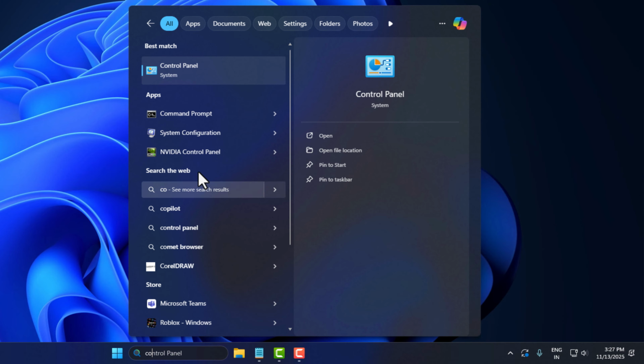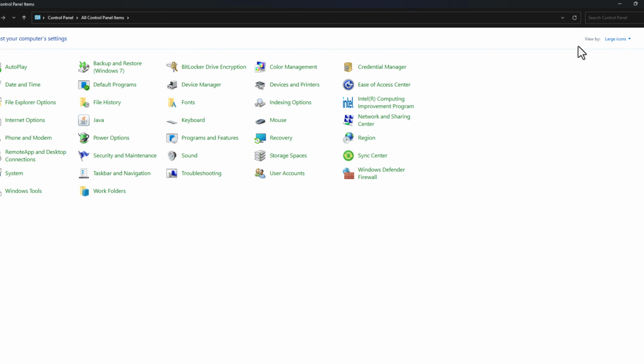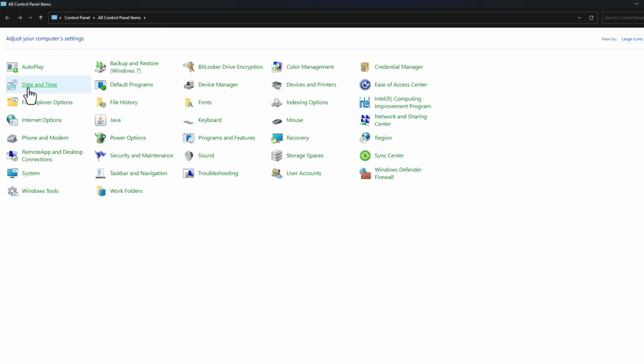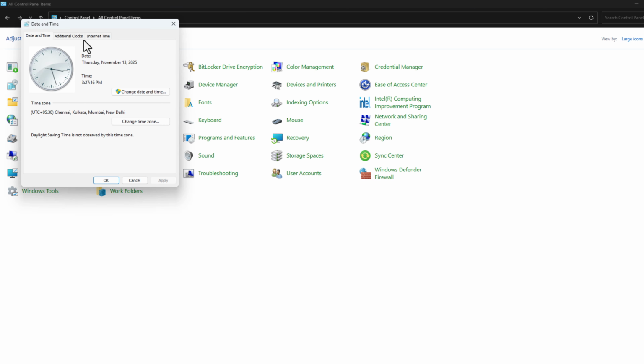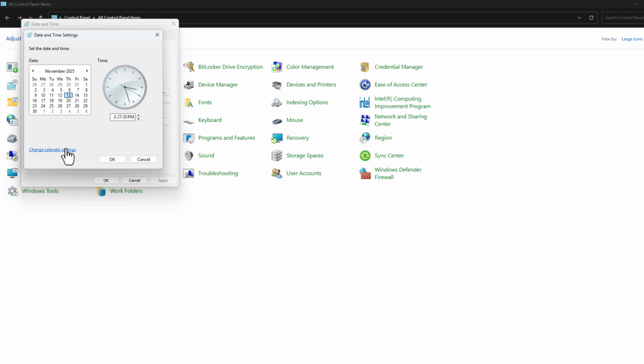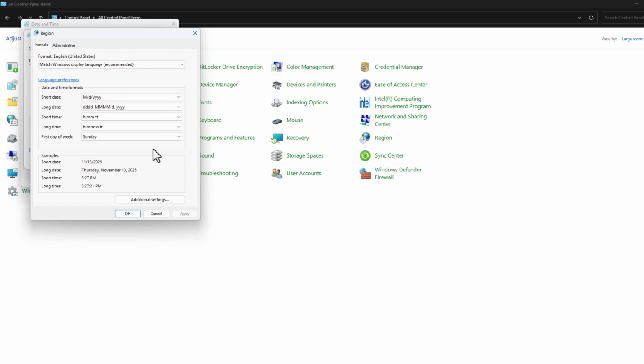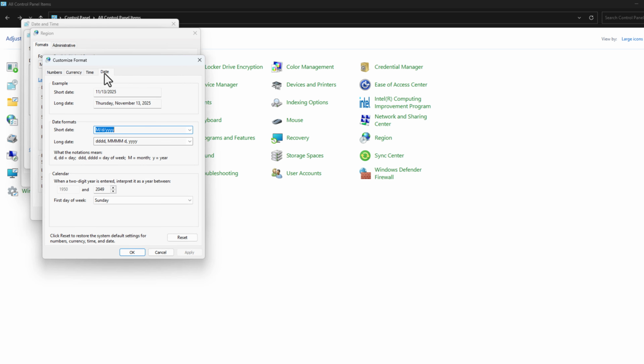Go to the search menu and type control panel, click on open it and select view by large icons, and select date and time option, and select change date and time option, and select change calendar settings, and then select additional settings and go to the date tab, and in short date you just need to check my video description for